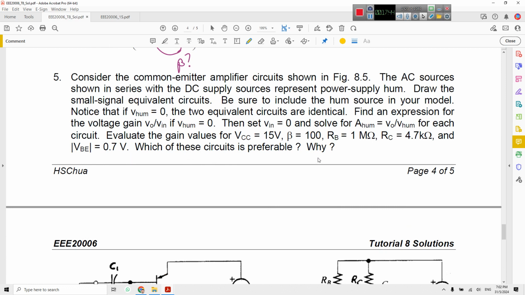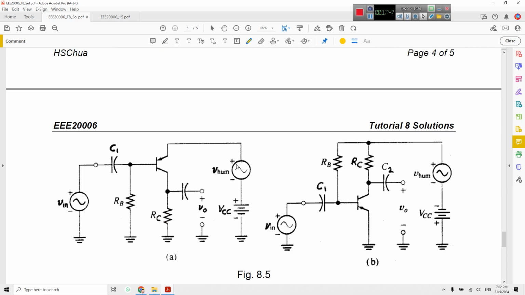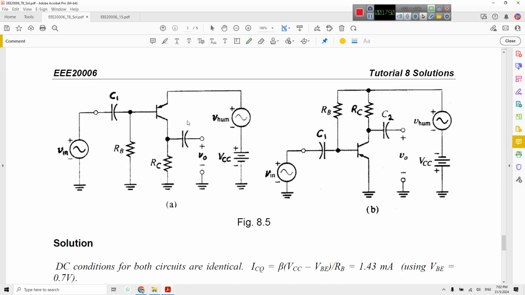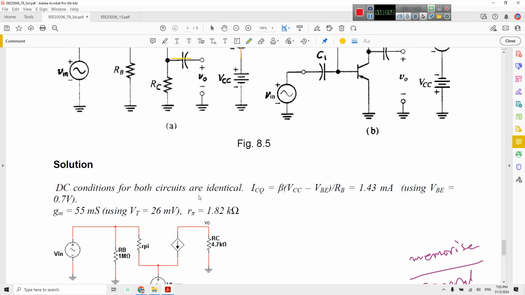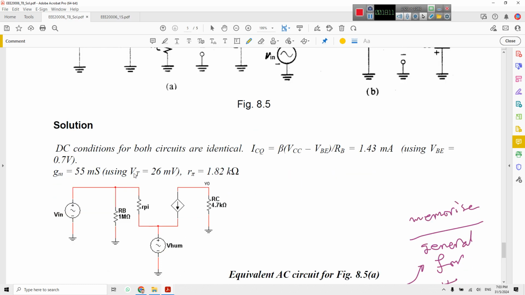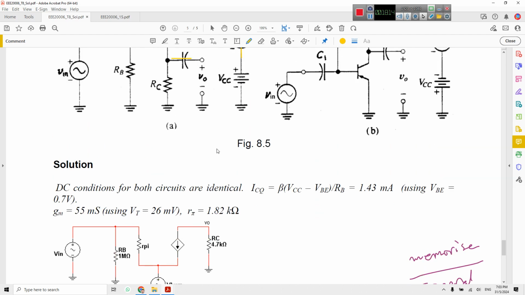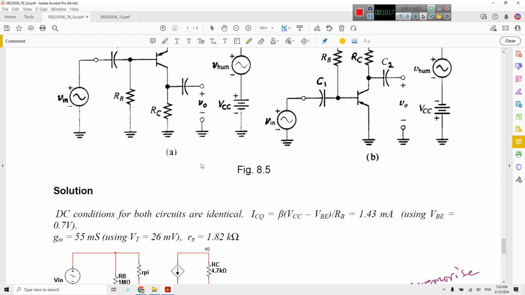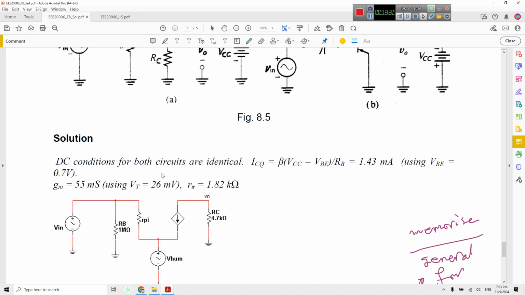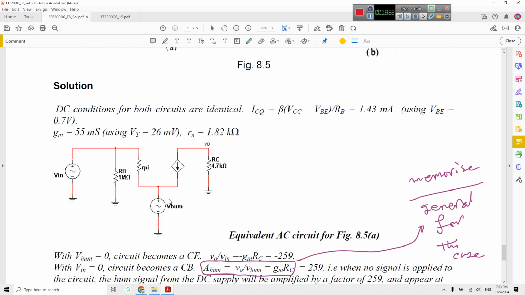Which circuit is the best? And you should choose. So it said if we're going to first do DC analysis again, you need to remove this one, VCC. This is a short circuit. Then you can find out this is short. You can find out for both DC analysis. I'm just focusing in the same way as here. The BJT is replaced with a pi model. Then as you can see by here,